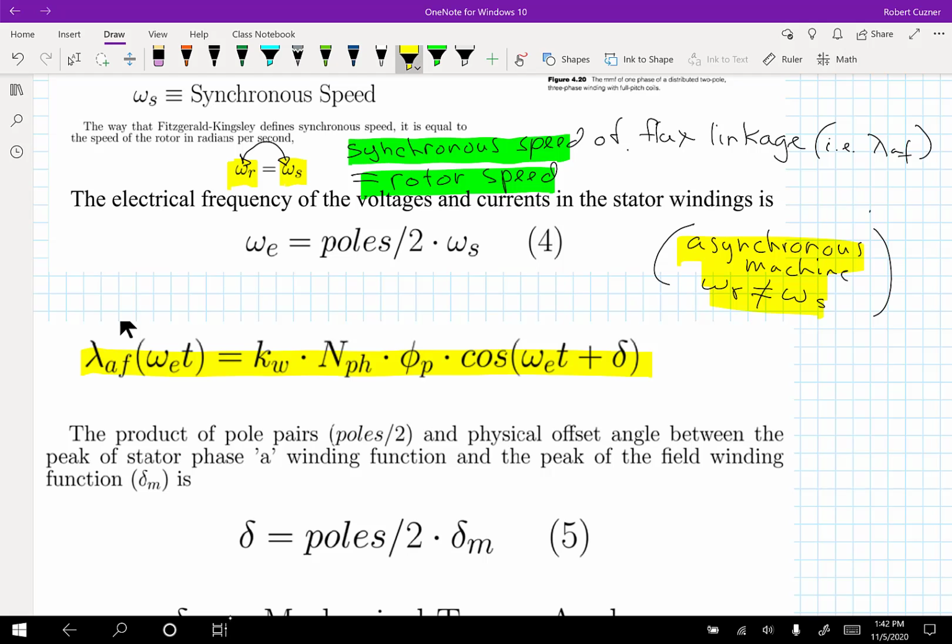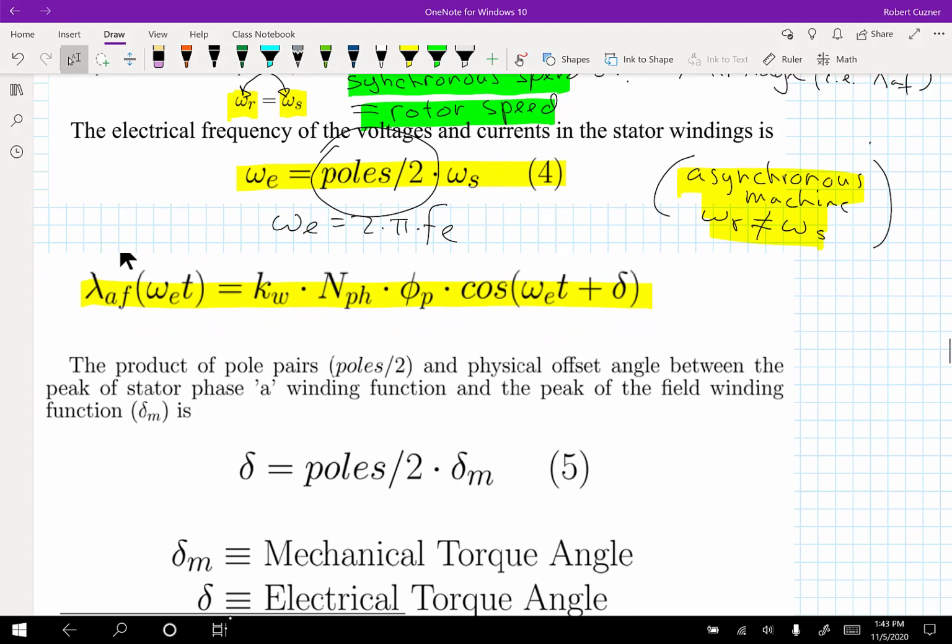Furthermore, since the synchronous speed is equal to the rotor speed, it follows that the electrical angular frequency, omega E, that we're so familiar with, omega E again is 2 times pi times the electrical frequency associated with, say, a supply if this was a motor, or the generated voltage if it was a generator, is related to the synchronous speed by the pole pairs. So multiply the synchronous speed times pole pairs and you get the electrical frequency. Now we have this final expression